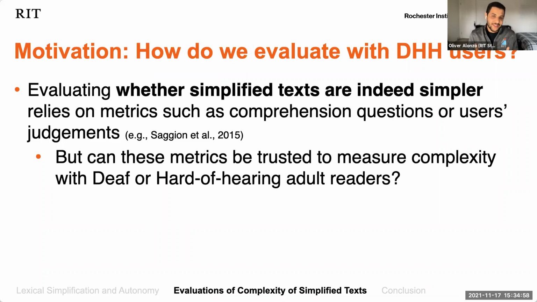So what is the motivation for this study? Focusing on how do we evaluate the complexity of simplified text with deaf and hard of hearing readers. As with any artificial intelligence technique, evaluation is an important part of the process. And in particular for automatic text simplification, evaluating whether the simplified texts are indeed simpler is an important part of the process. And this often relies on metrics such as comprehension questions or users' judgments about the complexity of the output. But the question is, can these metrics be trusted to measure complexity with deaf and hard of hearing adult